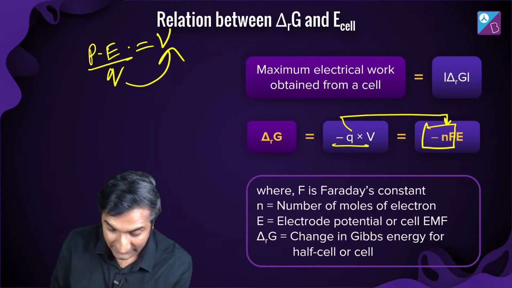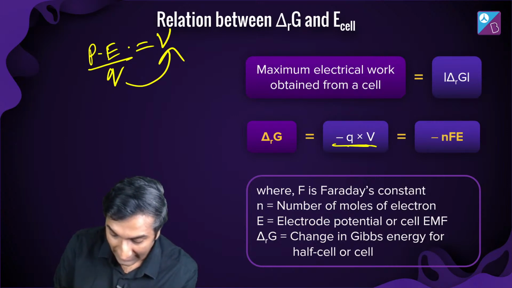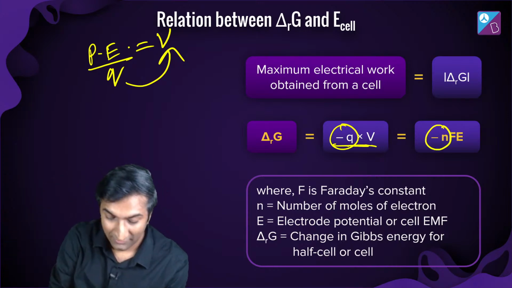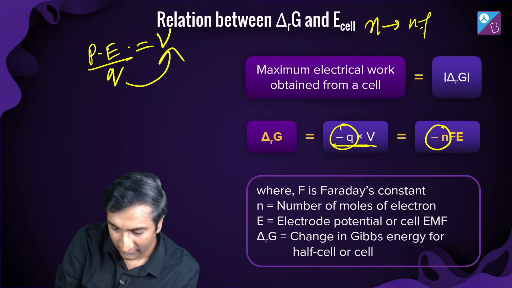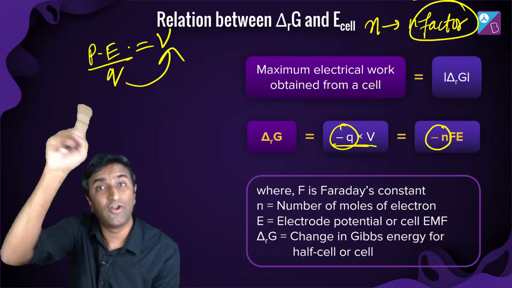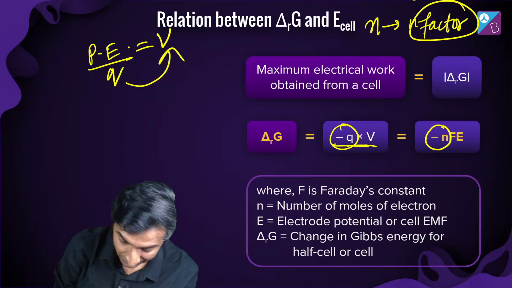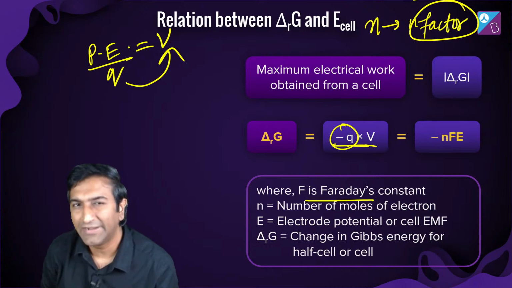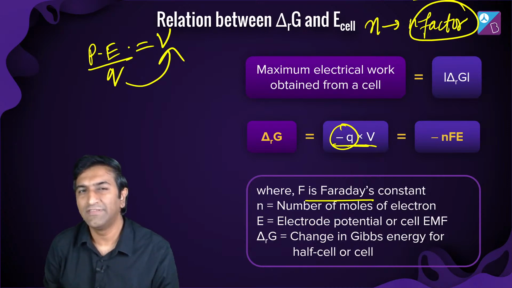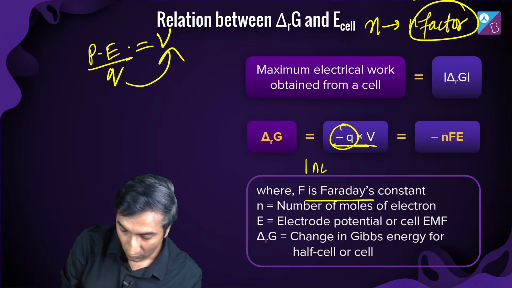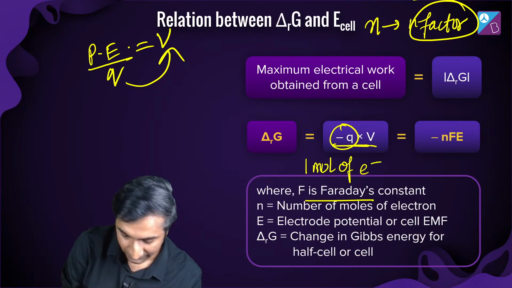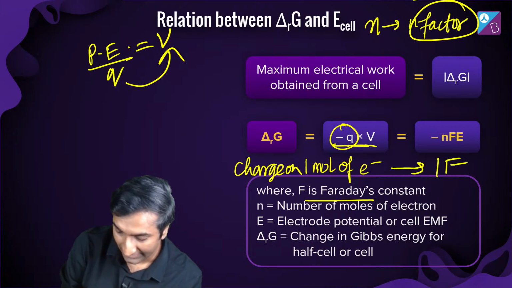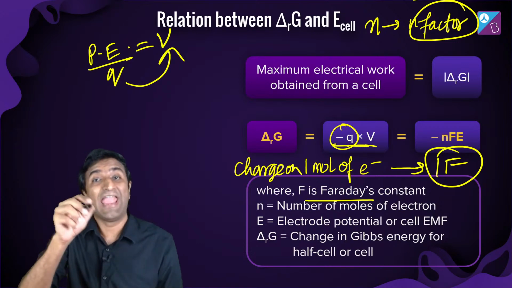So delta G is minus Q times V. Okay, and Q charge कितना आता है? Number of electrons. This is the same N that you get from N factor. Okay, same N है. Of the whole redox reaction वाला N factor था, same N. ठीक है? F is known as Faraday's constant. What is Faraday's constant? You have studied this in physics also, right? The charge on 1 mole of electrons. The charge on 1 mole of electrons is 1 Faraday. Now you see why we are doing N into F.